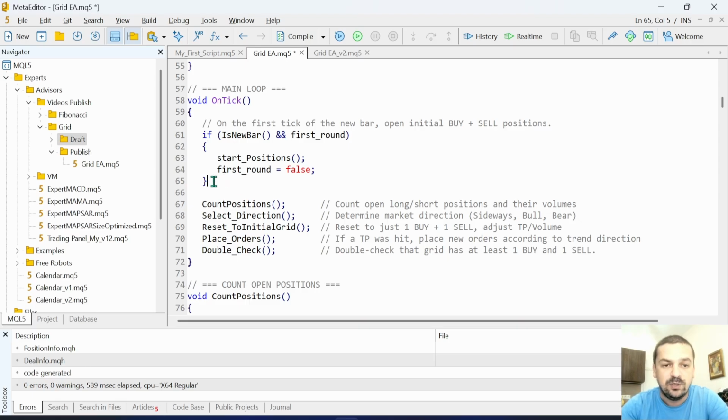But what we do here, just briefly, and next I'll explain each of these functions in detail. We want to check for a new bar, and if the first round boolean variable is set to true, which is its default value, we want to place our first pair of positions, one long and one short, and to set the upper and lower grid levels. This is what this function does. And because next we set this first round variable to false, on the next tick, this code block wouldn't be